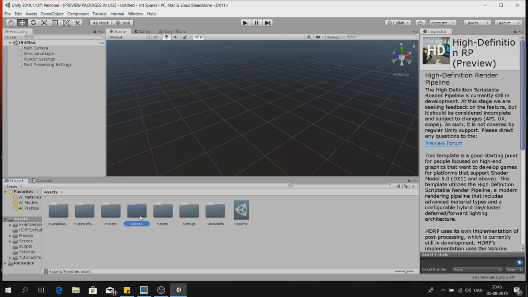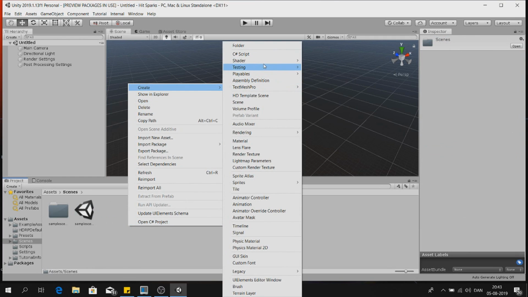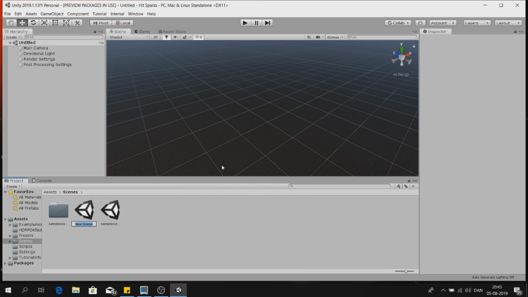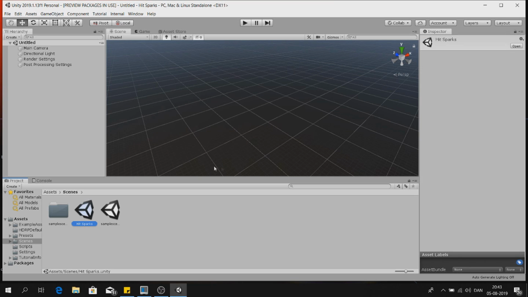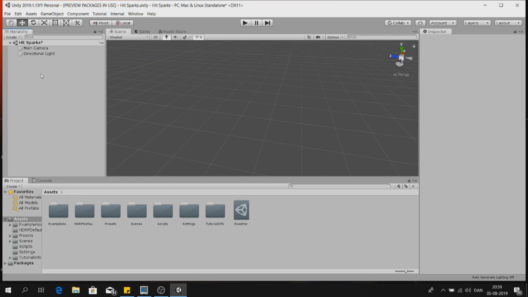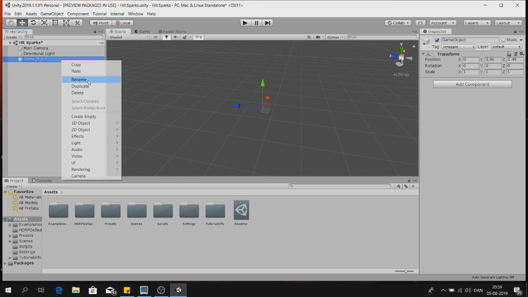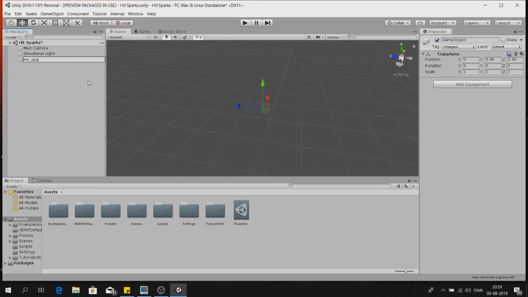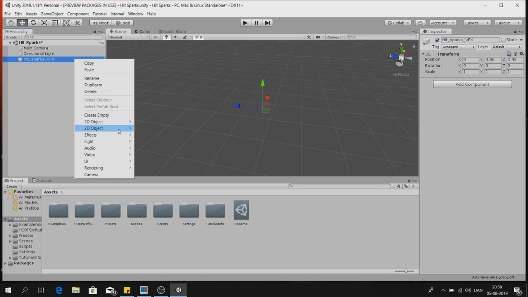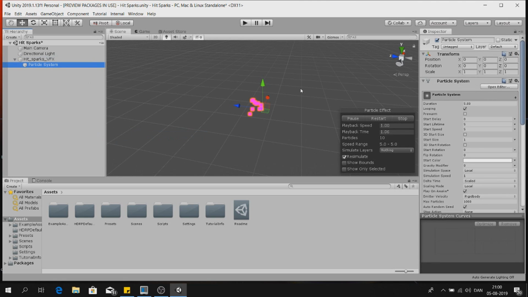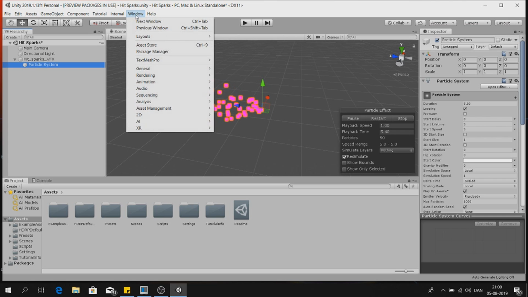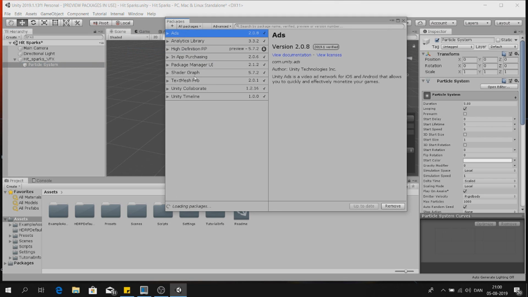So when it starts up, we're gonna start by creating a new scene. Call it the hit sparks, and open that scene. Start by creating an empty game object. Rename it to hit sparks. I'm gonna add a particle system to it, and we're gonna go into Window, Package Manager, to see if we